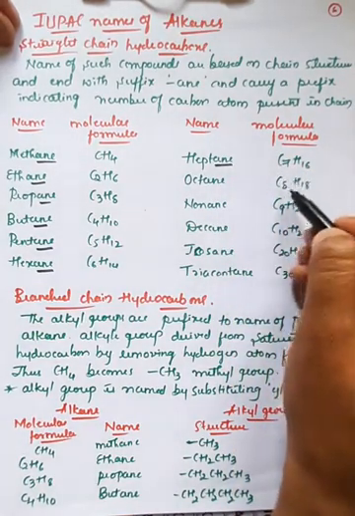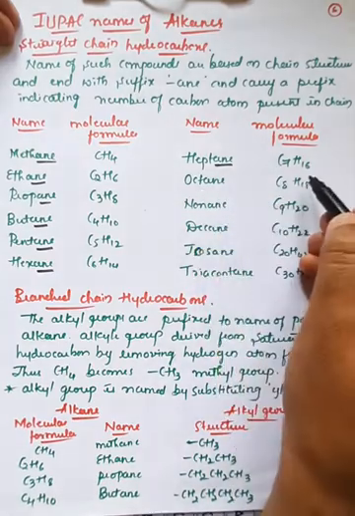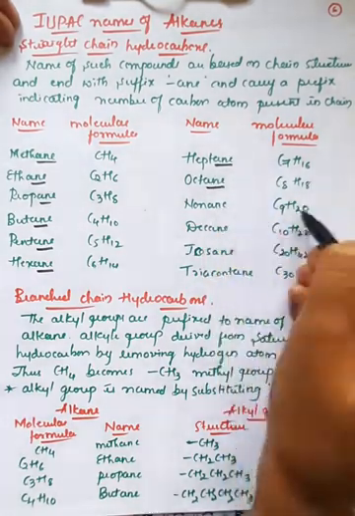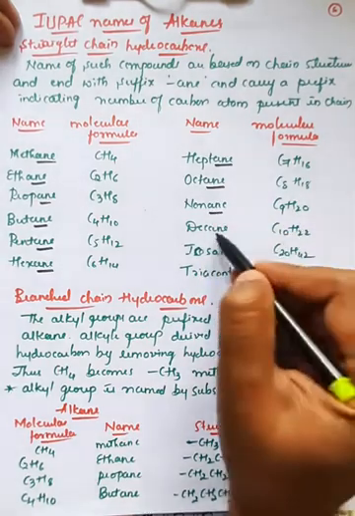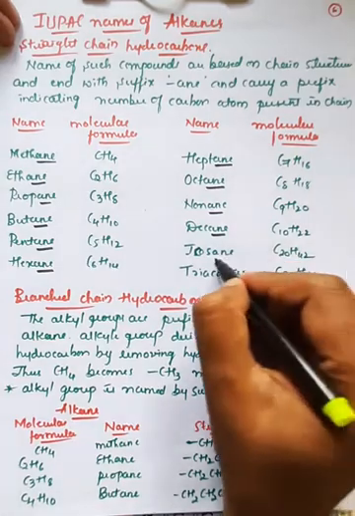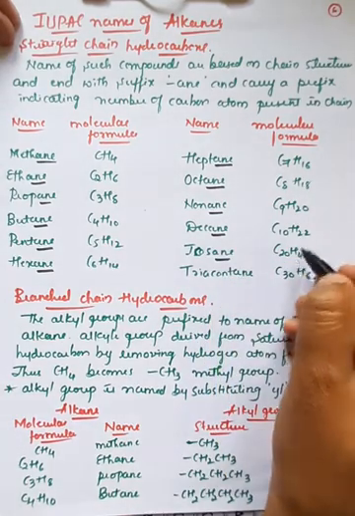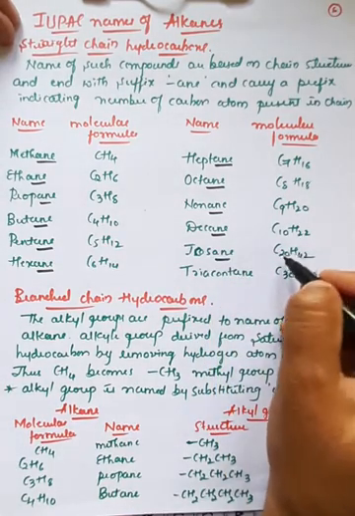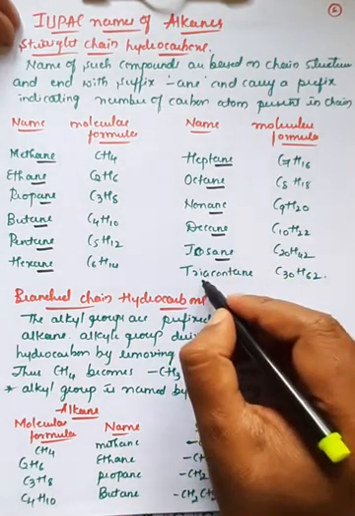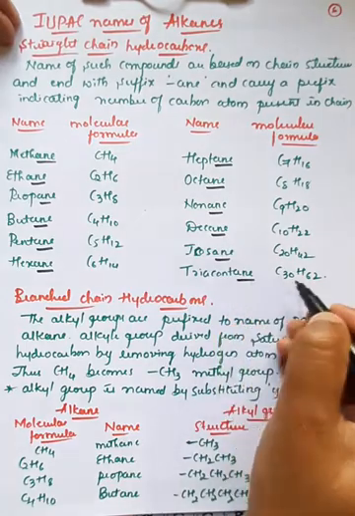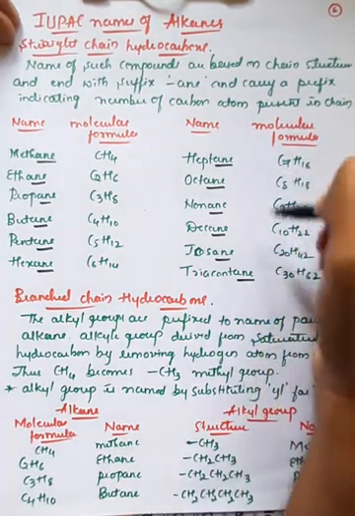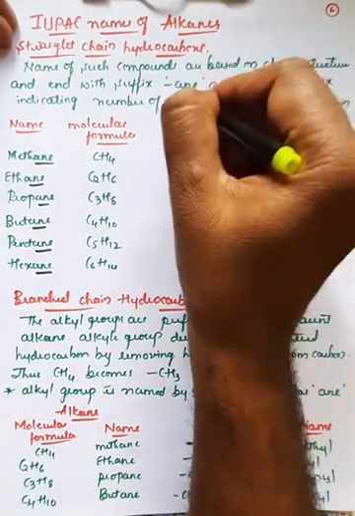If there are 8 carbon atoms, further bonded with 18 hydrogen atoms, it is called octane, nonane, decane, C10H22, right? Icosane, right? So that is icosane, and the example is C20H42, right? Next triacontane, that is C30H62, right? So like this, the naming can be done by using the suffix "ane".